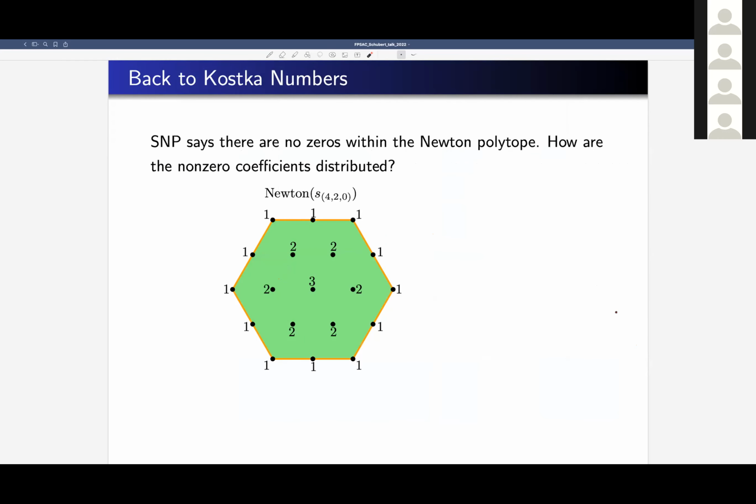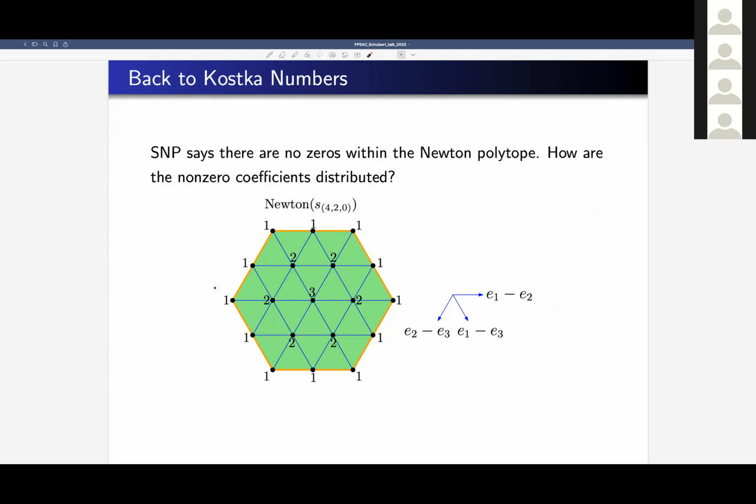And then once we know that this is a saturated Newton polytope, so every integer point, as these are here the coefficients of the Schur polynomial, then we know that they are all non-zero. We can ask, but how are they distributed? If you look here, they surely look as though, if you put some heaps of coins on top, you have this kind of mountain shape, right? They are 1 outside, go 2, 3, they grow. So something that we'll formalize here is we will look in root directions, e_i minus e_j. It's natural since we have generalized permutahedra with these very special edge directions as well.